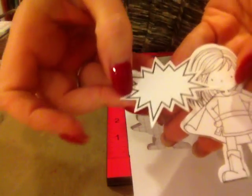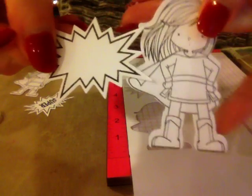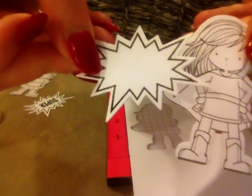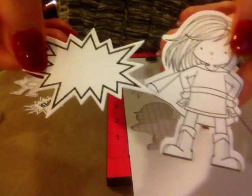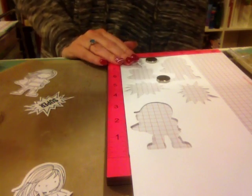And here are the two that I did with the regular blocks. Now these are only stamped once, so they're a little bit lighter, but I did get a decent impression the first time, so it's okay. But they are lighter than the other images. So I just wanted to show you guys some of the things that you can do with the MISTI,